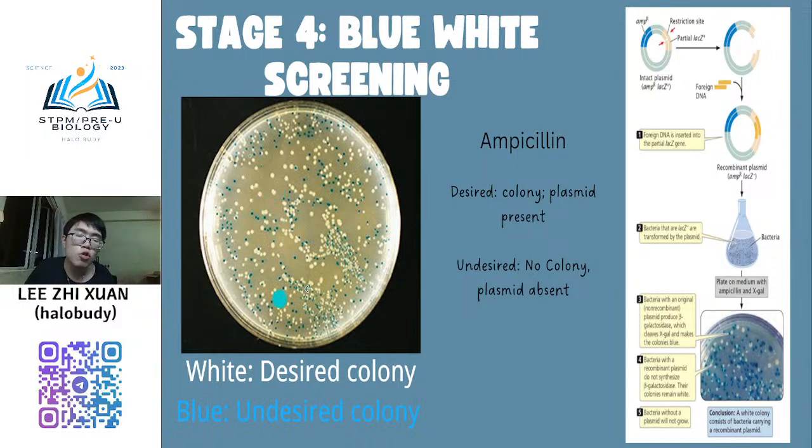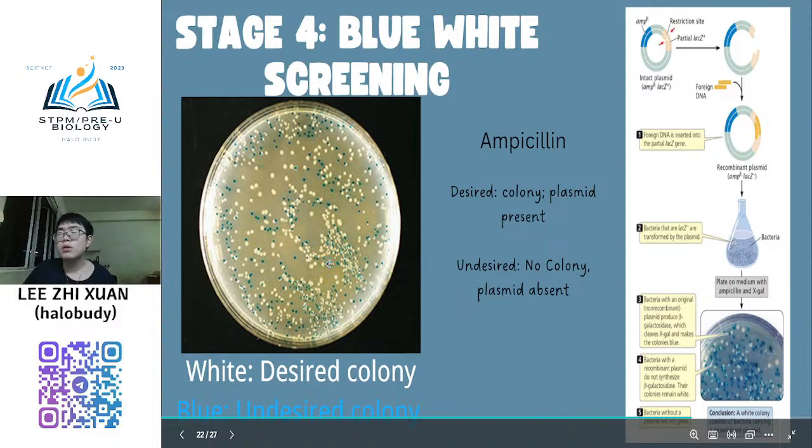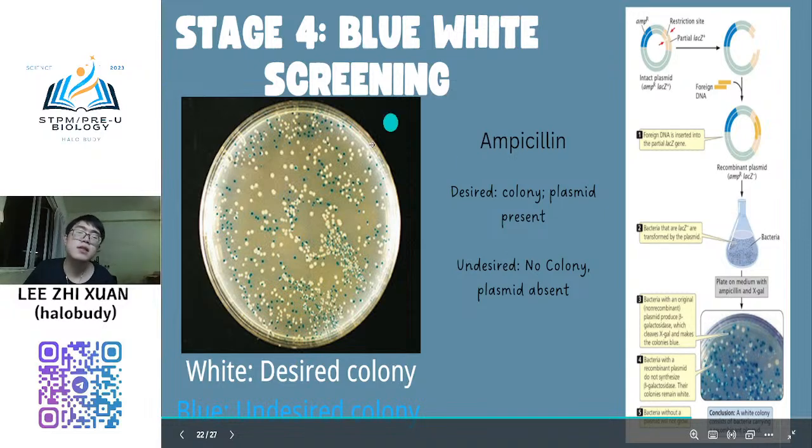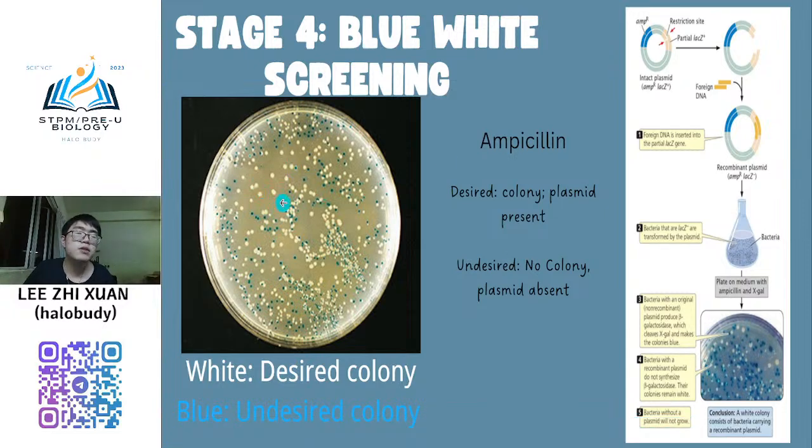Yang blue punya, all these blue ones contain plasmid, but that plasmid is not recombinant plasmid. It is the original plasmid or plasmid yang datang dari mana-mana lah. Saya pun tak tahu datang dari mana. But blue one, kami tak mau. Kami nak white. Okay. So this is the screening process. Macam mana screening? First step is using ampicillin. After that, you use the X-gal, and then it will produce white colony and blue colony. White colony, kami nak. Blue colony, kami tak mau.